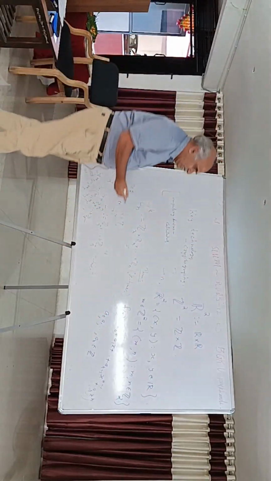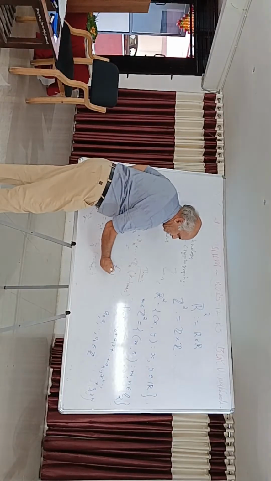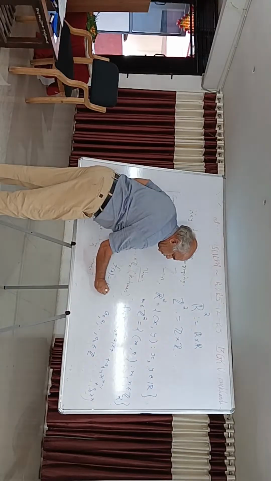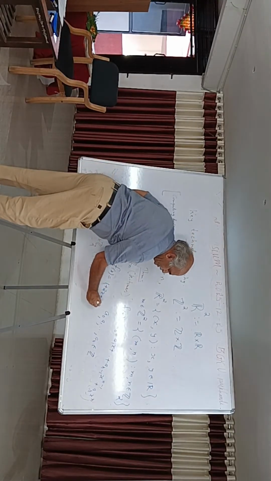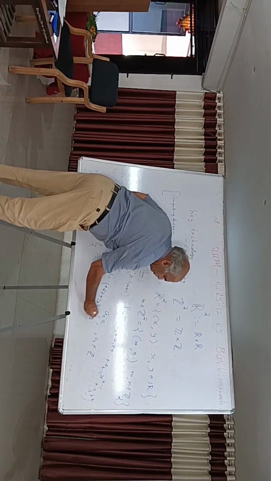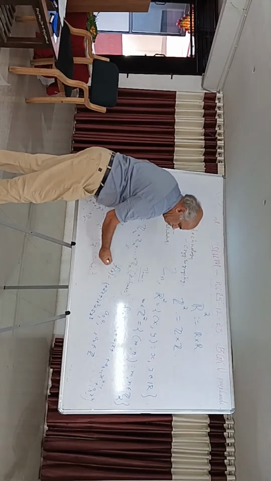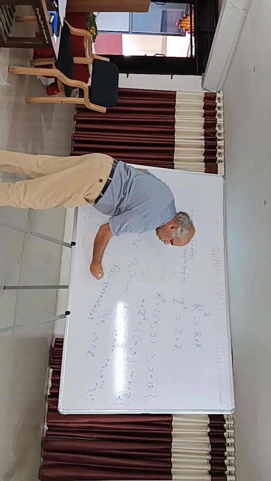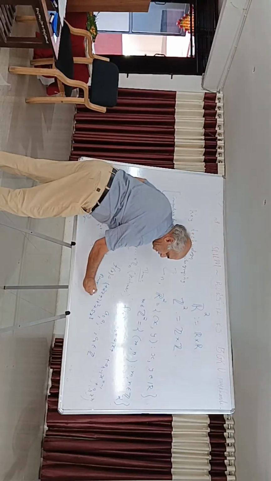For example, if I write f of x is equal to 1 plus 2x plus 3x squared plus 5x cubed, then my polynomial is said to be defined over integers because